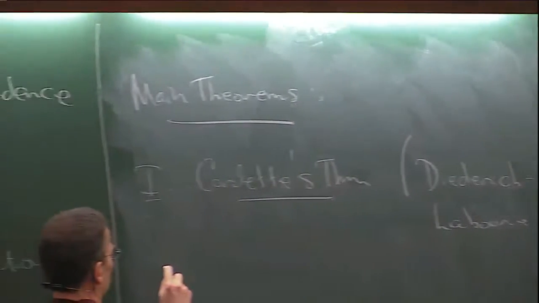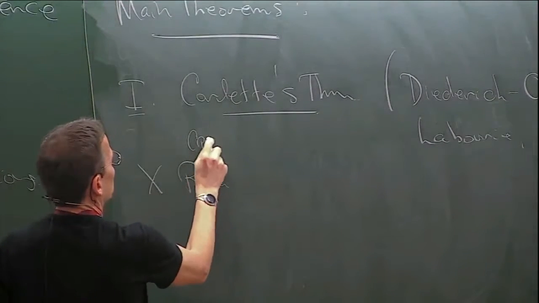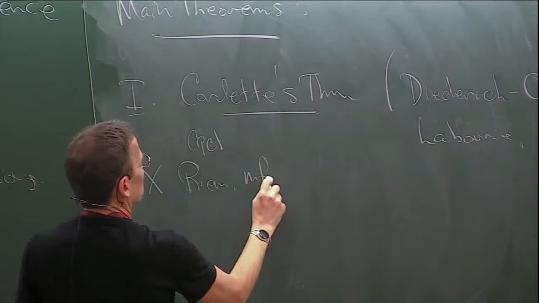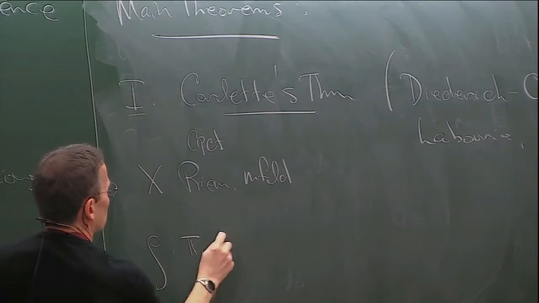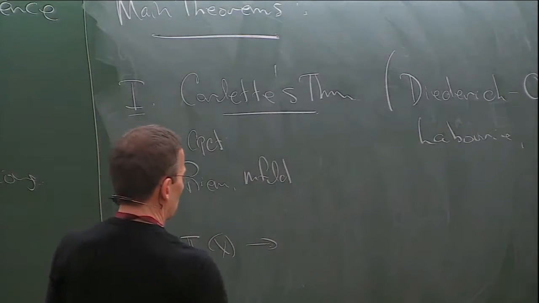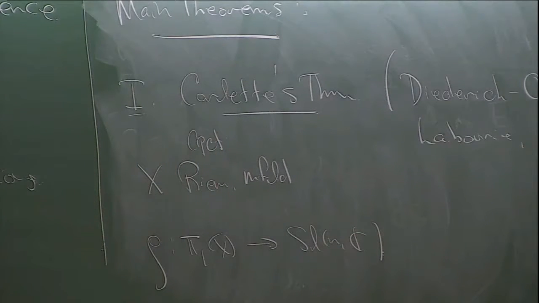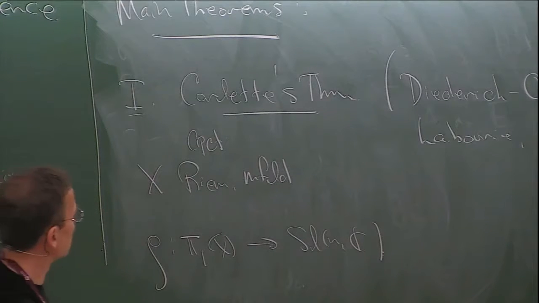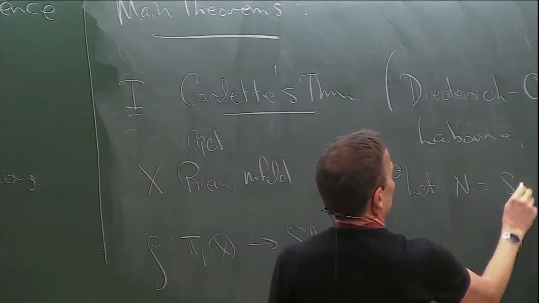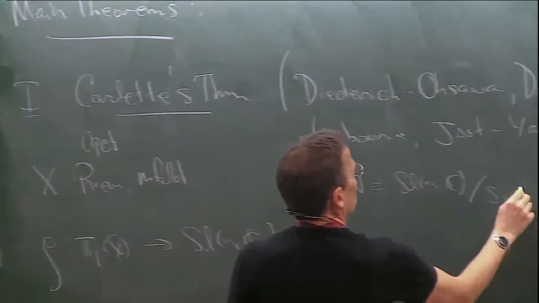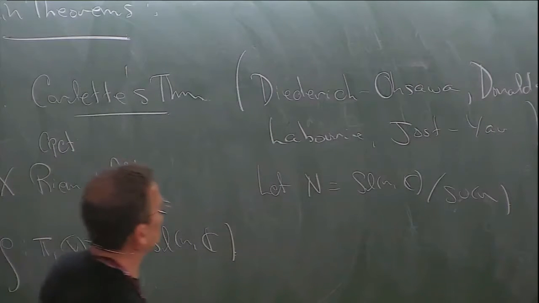Let X be a compact Riemannian manifold, and let rho be a representation of pi 1 into SL(N,C). Of course, there's a much more general theorem here, but let me just stick with the case that's relevant for us. Also let N be the symmetric space of noncompact type. Then the theorem is that